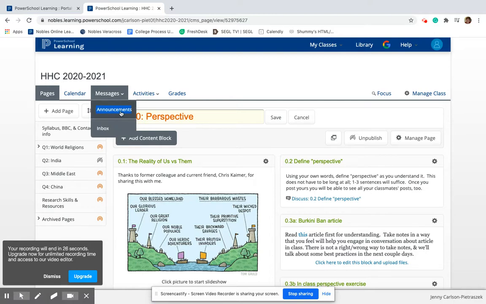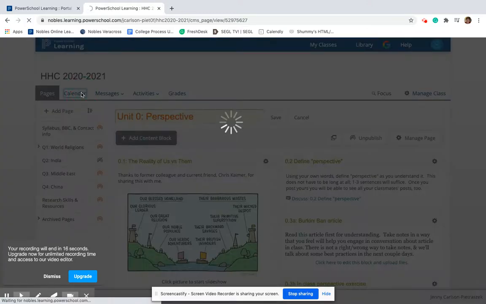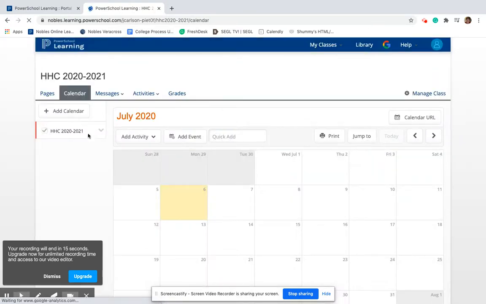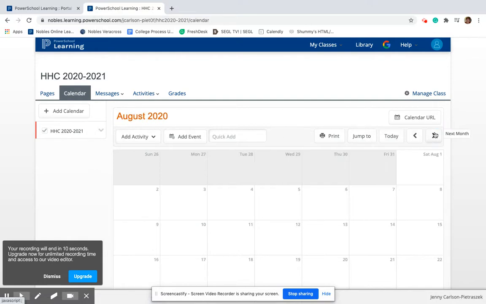Messages allows you to, I can make announcements that go out to the whole class, and we can also exchange emails through here. Lastly, the calendar. I will make use of the calendar this year so that when we are in September finally, you will see this populated with all of the assignments that are upcoming. All right, I'm looking